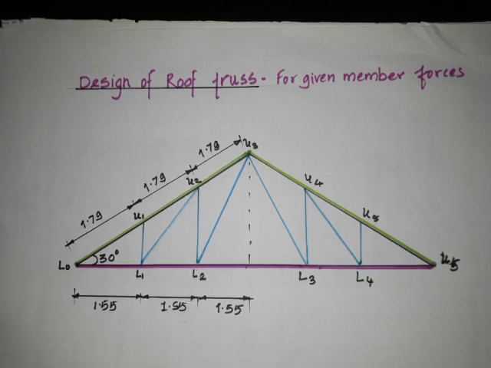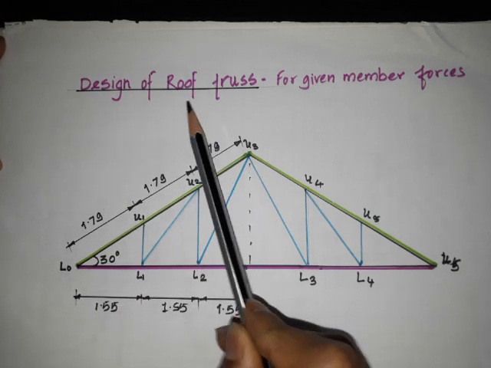Because the bolt is provided between the members. So when we say welded connection में क्या होता है? It will become the rigid connection. So what is the change in the behavior? Because of the rigidity of welded connection, what is the change in the behavior? Behavior means, for example, in yielding or in rupture or in block shear, how the behavior will change, or what is the change in the design criteria as per IS 800 2007 that we are going to discuss in this problem. So here again, the design of roof truss for given member forces.